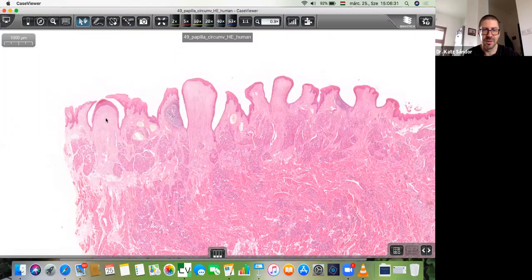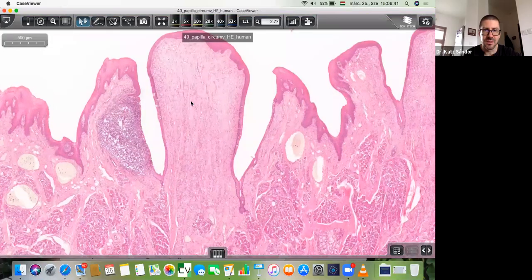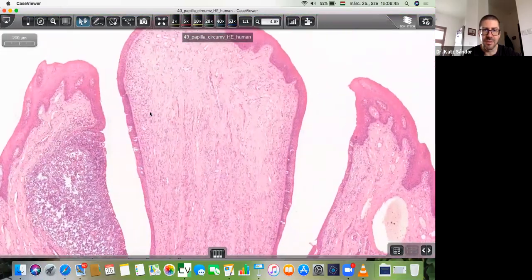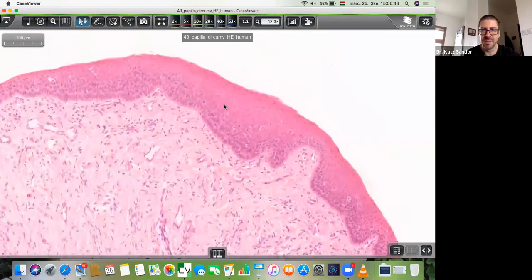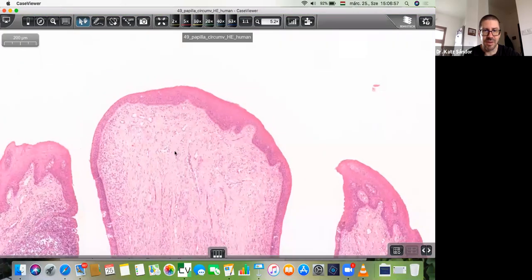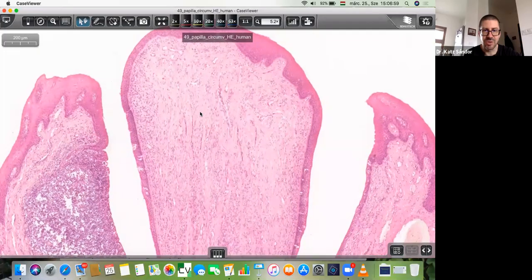These are circumvallate papillae. They are surrounded by really deep moat-like invaginations. And then we zoom in. At the top of the circumvallate papillae, we can find the typical stratified, non-keratinized squamous epithelium, and then underneath we have connective tissue with